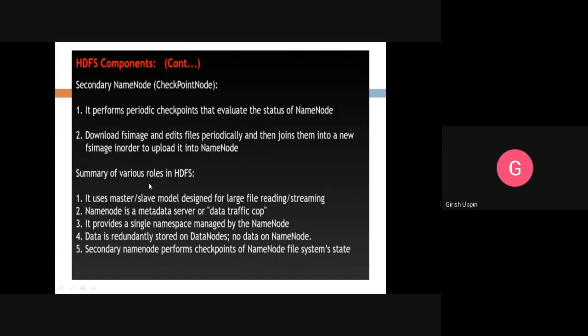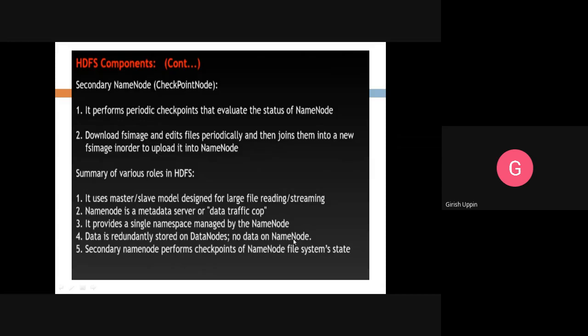So, a summary of the roles of HDFS. It uses a master-slave model designed for large file reading or streaming. The name node is a metadata server or a data traffic cop. It provides a single namespace managed by the name node. Data is redundantly stored in data nodes, with no data on the name node.